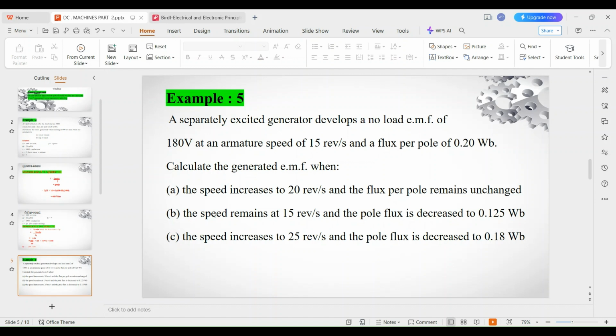Part B: the speed remains at 15 revolutions per second and the flux per pole is decreased to 0.125 Weber. And part C says the speed increases to 25 revolutions per second and the flux per pole is decreased to